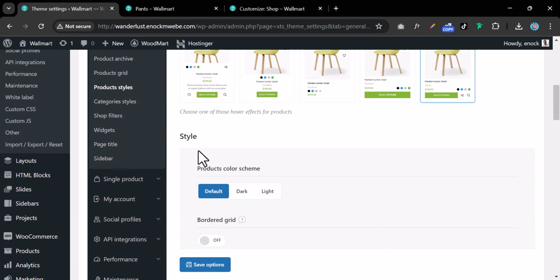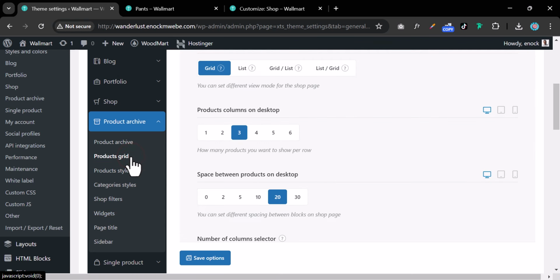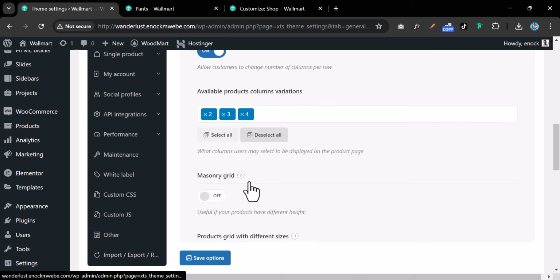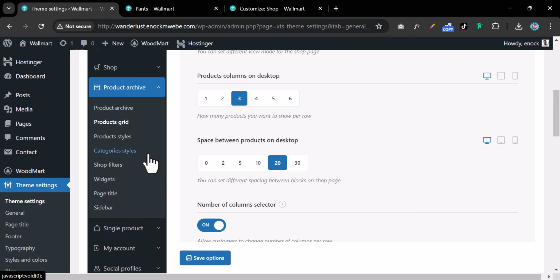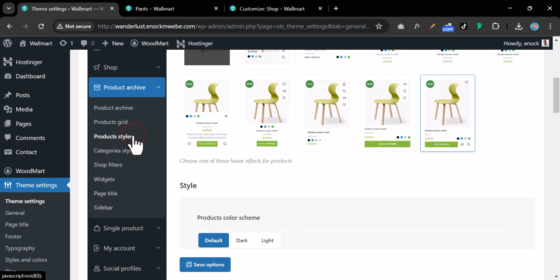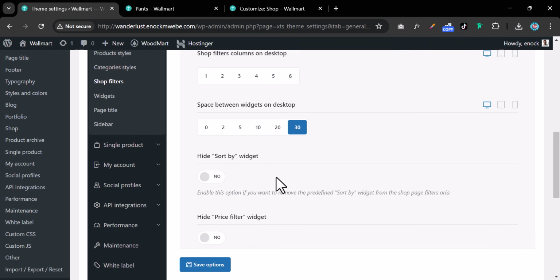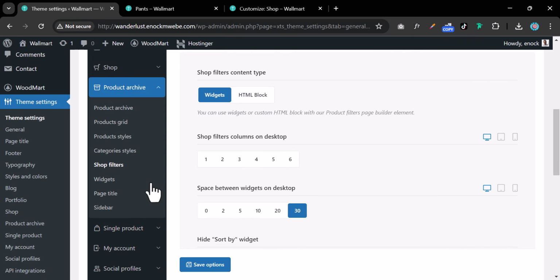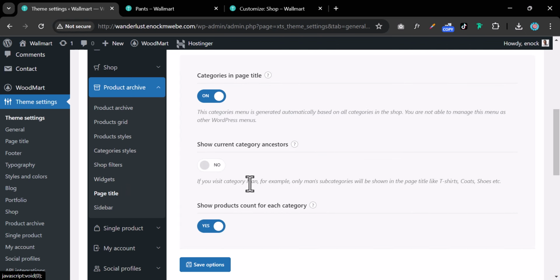Okay, so now let's go through the product grid settings. These I think I'm gonna leave them by default. Product styles, I've showed you guys what to do with those. The shop filters, I think those are perfectly fine. Then one last thing I like to do is